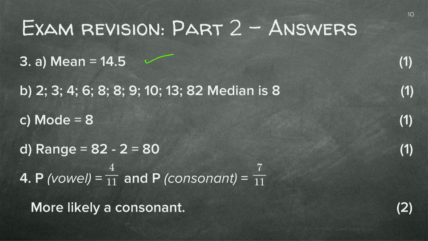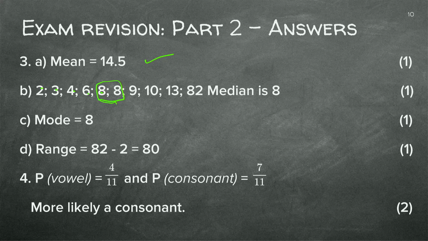The median, remember, is the middle of the range of values, and if there's not the exact middle, it is the average of the two in the middle. So here we've got 1, 2, 3, 4, 5, 6, 7, 8, 9, 10. So 1, 2, 3, 4, 5, and 6, and they both happen to be 8, so the median is 8.